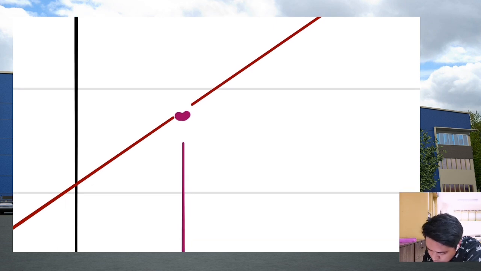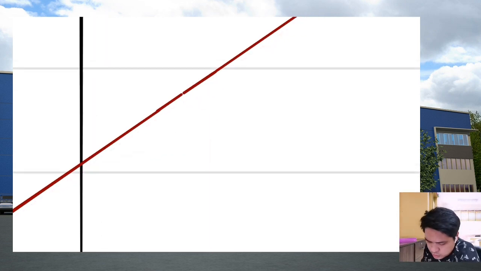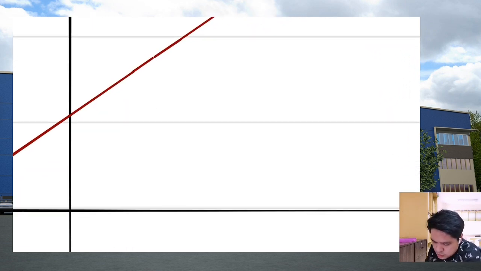Sobrang liit ng disconnection that you cannot see it. Hindi mo siya makikita by just zooming that in. So that means that the graph natin kanina is discontinuous. May gap siya right here. The gap is too tiny na kailangan pa natin i-zoom in 1,000, 1 million times para makita yung gap, kasi it appears that they are connected because